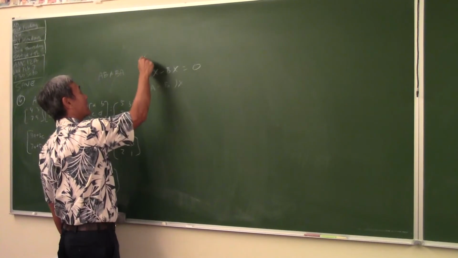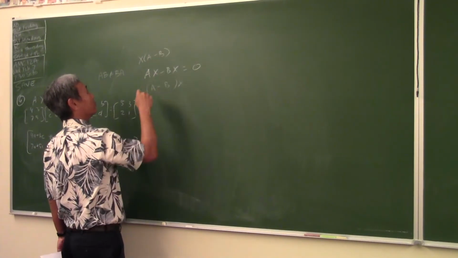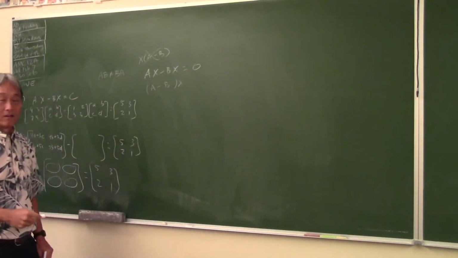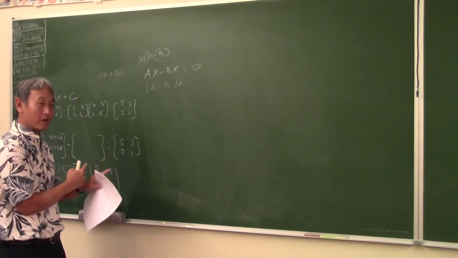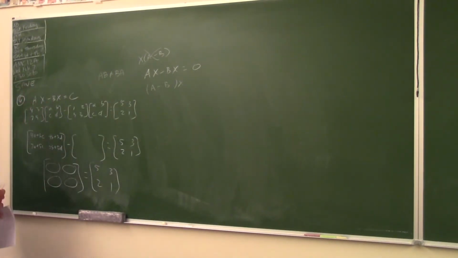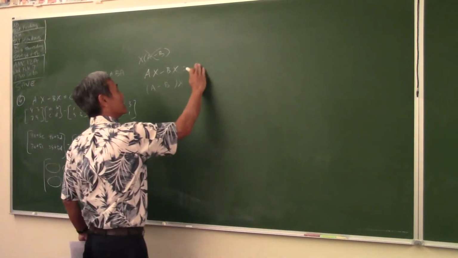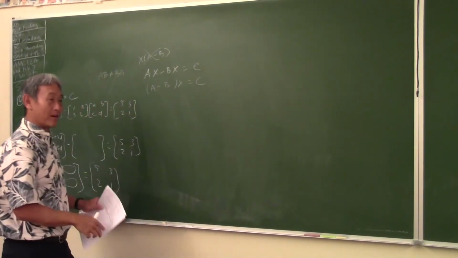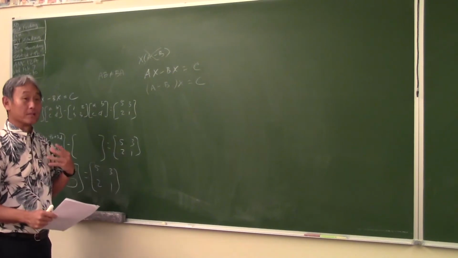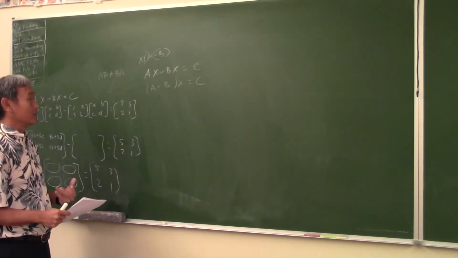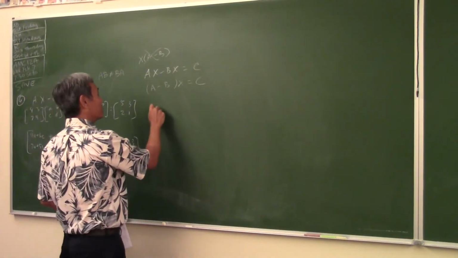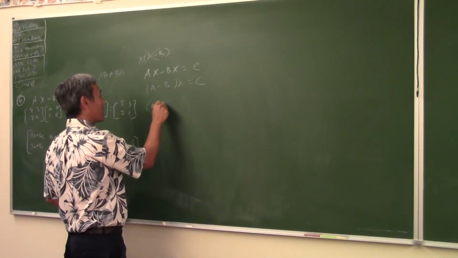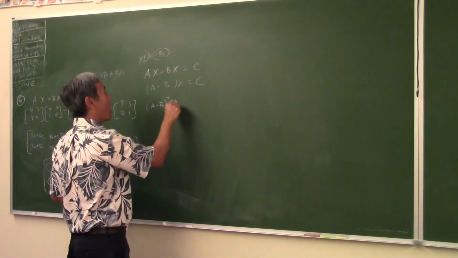Some of you factored it out on the left. That's a fatal error. You cannot switch the order. The commutative property doesn't work. That's super important. This is supposed to be C. And then, how do you solve for X? Can I divide both sides by A minus B? No, because division is undefined in matrices. So what you need to do is multiply both sides by A minus B inverse on the